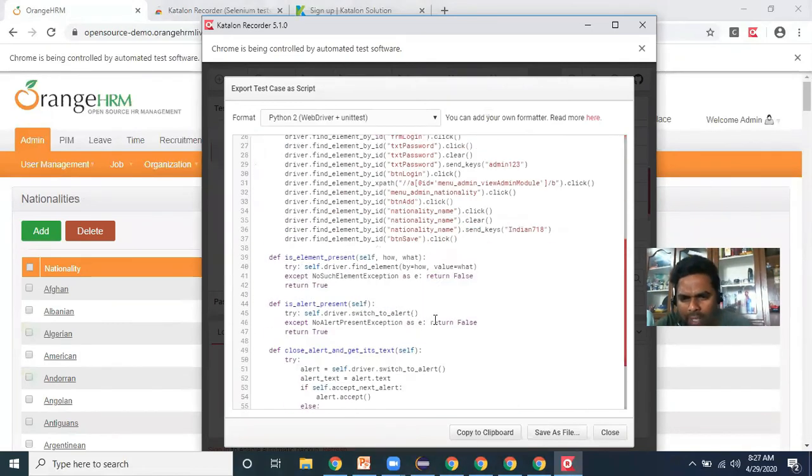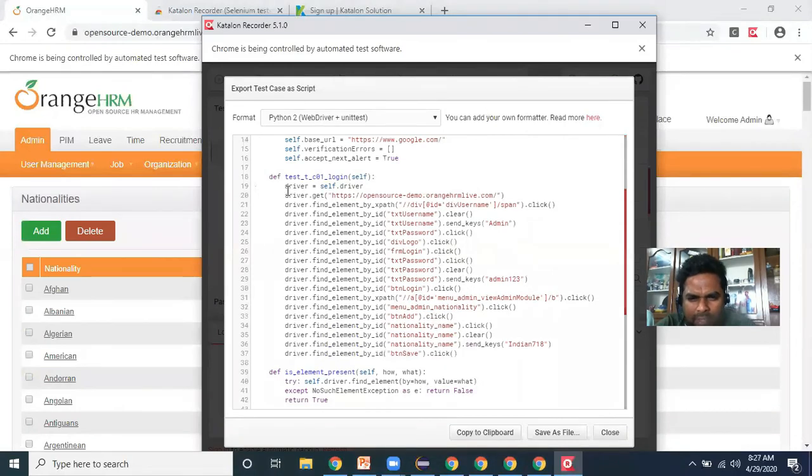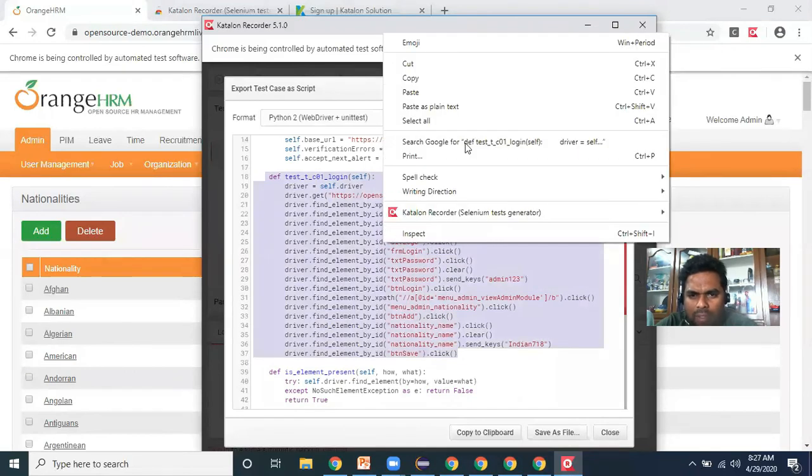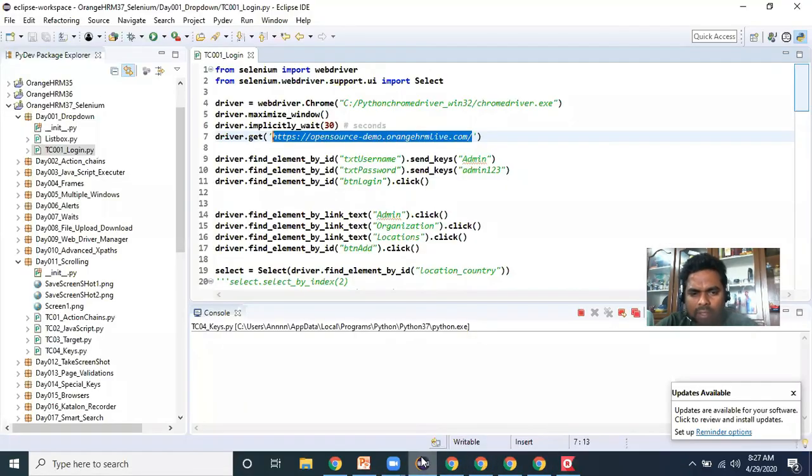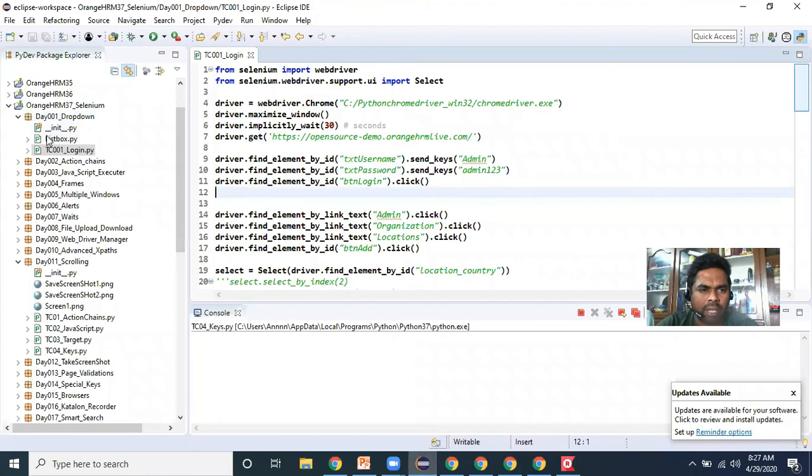Here you can take the set of driver instructions that has been generated. These lines of code are generated automatically. Copy, and you can use it in any scripting part.